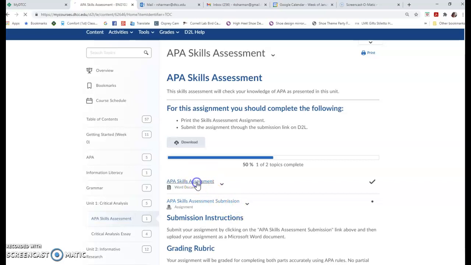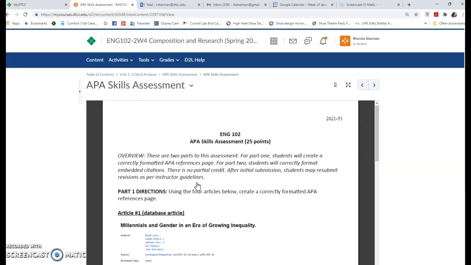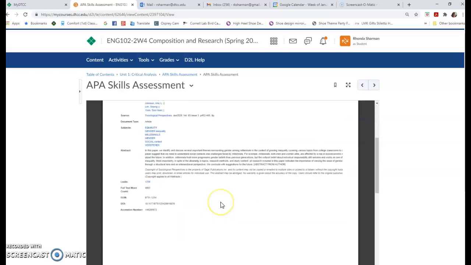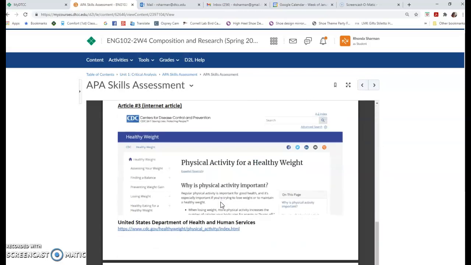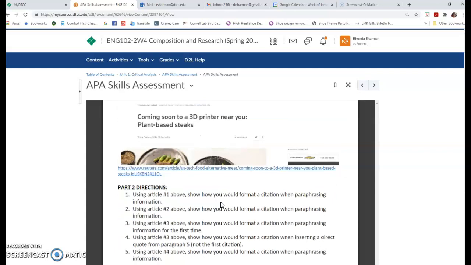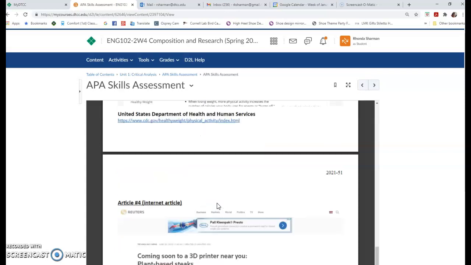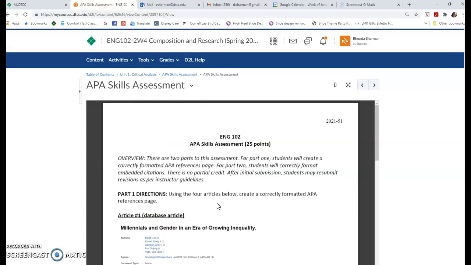So click on the APA Skills Assessment, and there you're given the instructions as well as screenshots of 4 different sources that you might use if writing a paper. The APA Skills Assessment is divided into 2 parts.